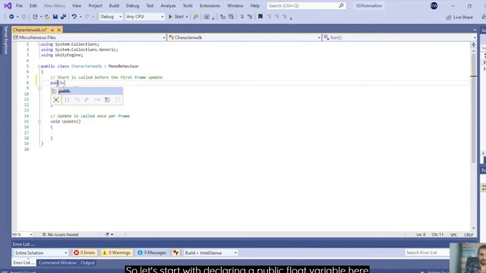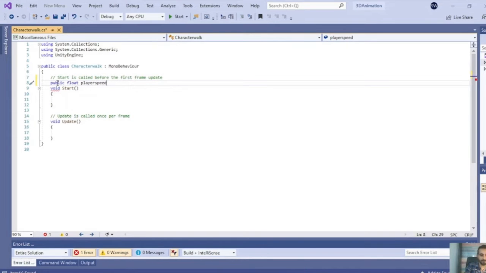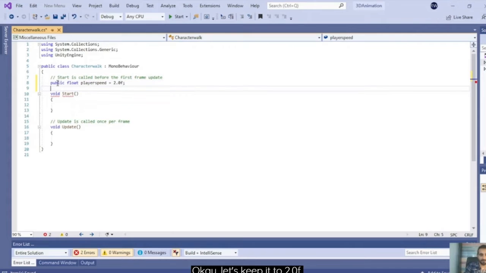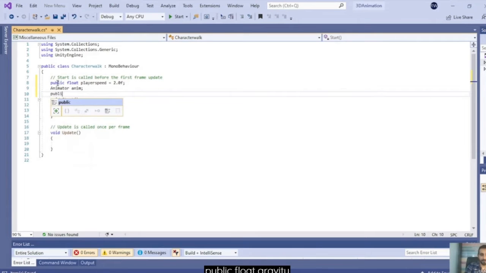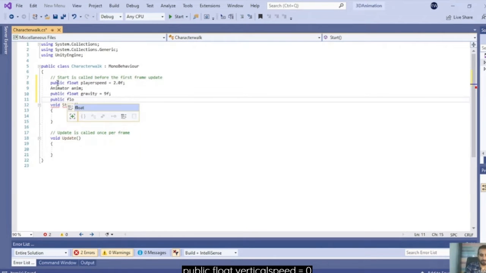So let's start with declaring a public float variable here, public float player speed. That will be the speed of the character. Let's keep it to 2.0f. Animator anim. Public float gravity. That's the gravity for the character. Let's keep it to 9f. Public float